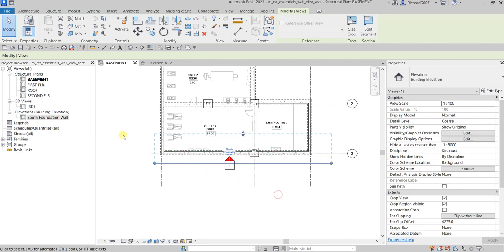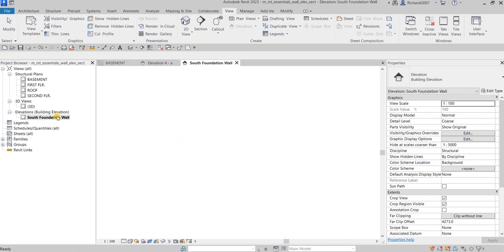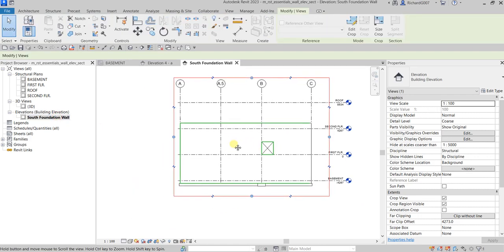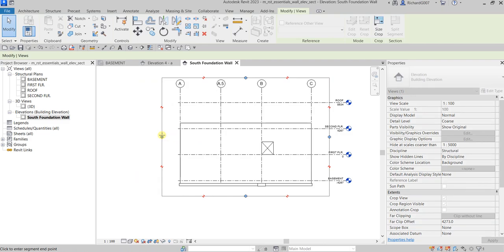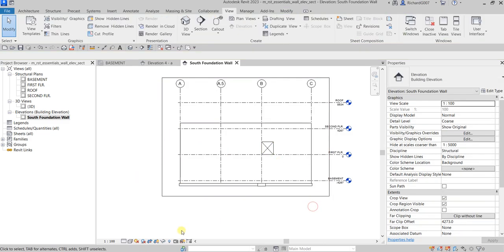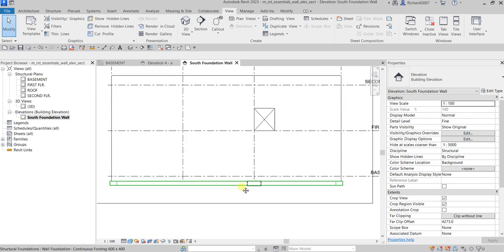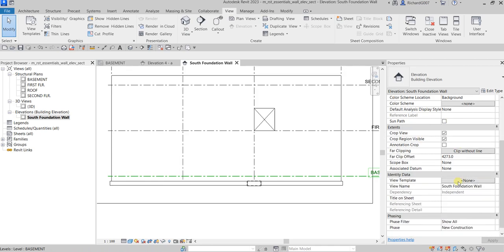Then after that, you can now view it. So let's view the south foundation wall, and there you go. So you can still adjust here. Okay. By the way, from your view control bar, you can also change the detail level of that. You can make that fine detail level, and you can also change that to shaded view if you want. Okay. So that's the setting of our model here. Now let's go back to our